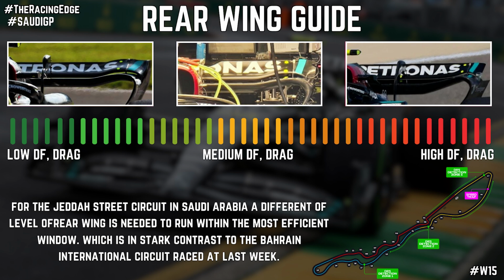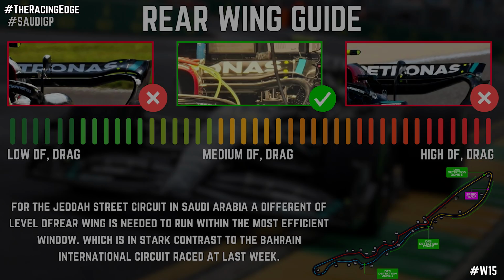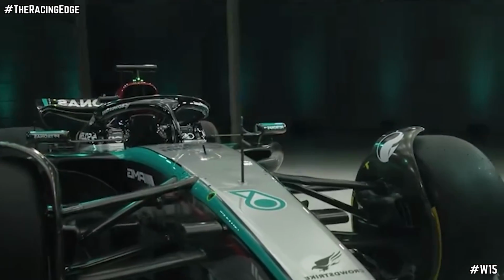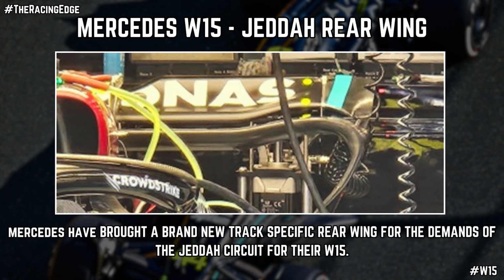And on top of this, teams, like I just mentioned, have to pay attention to the level of drag that their car produces as well, since you have to factor into the consideration that there are 2 long straights on this track as well. And for that reason, the teams will be looking to go with a low to medium range loaded rear wing in terms of downforce, as this is the most optimum rear wing to use at this event. And that is exactly what Mercedes' first upgrade of the season will be, a new track-specific rear wing for